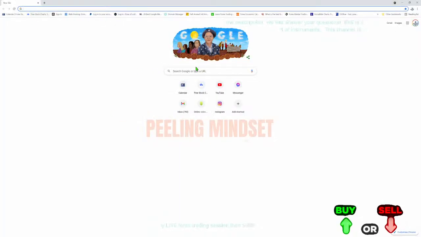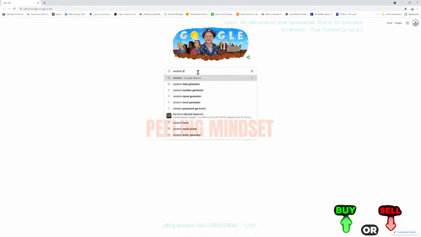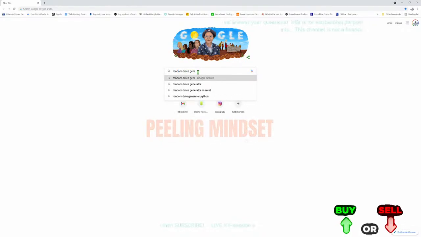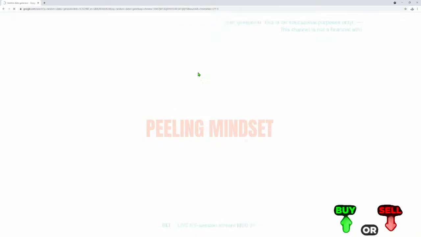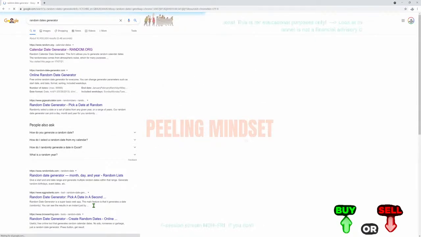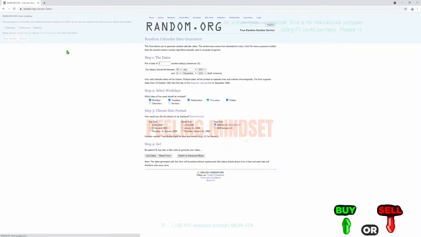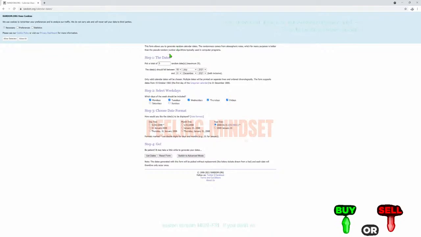Getting in the Google here, we will need a random dates generator. Let's see what we can do. We need some random dates, and this one is good enough. We need 5 days, from Monday to Friday. We could backtest from